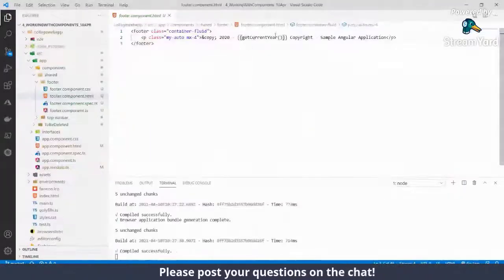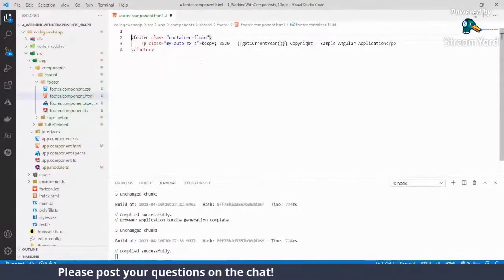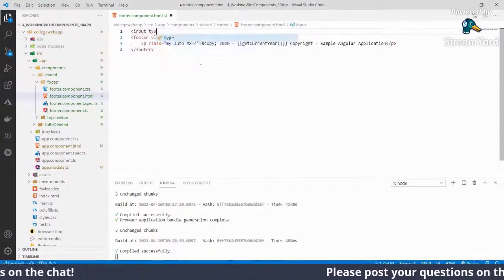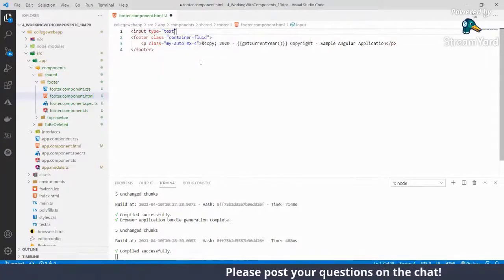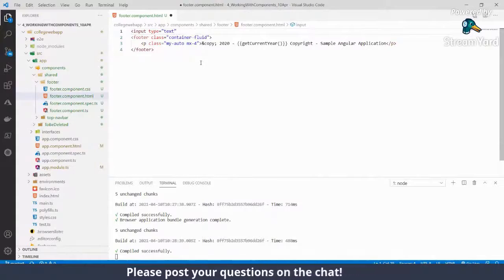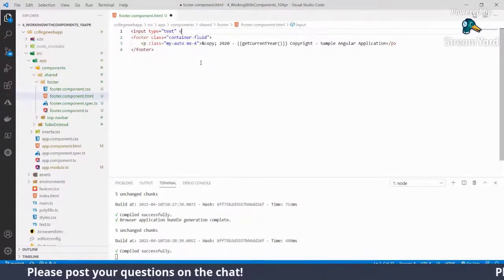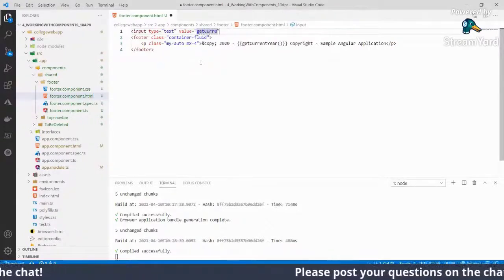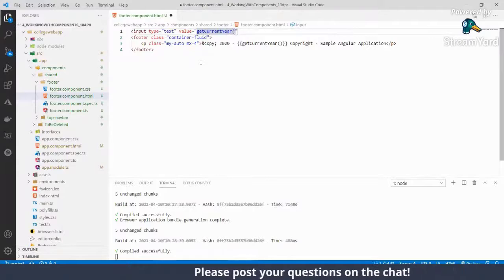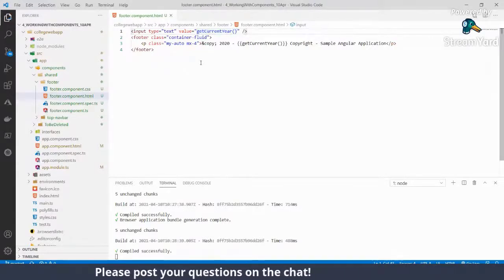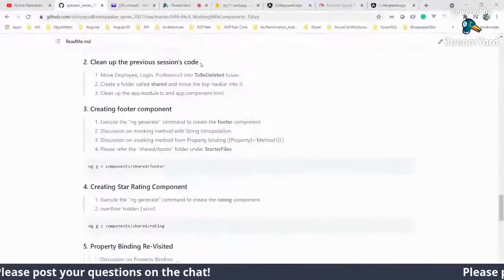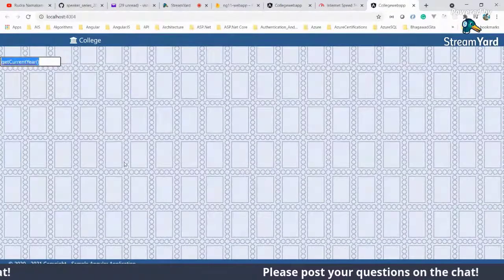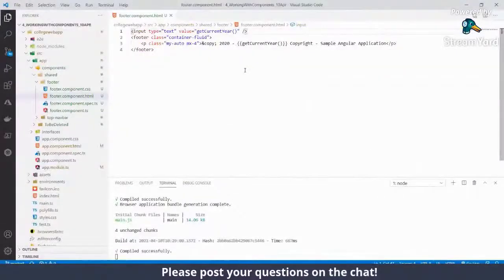And another thing is, not only in the string interpolation, we can invoke the method as part of the property binding also. Input type, I will take it as text, and I want the value. I will do the same thing, get current year, and close the tag. Now you can come back and quickly see it.